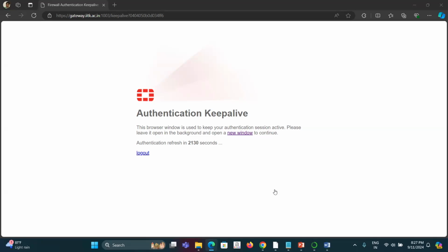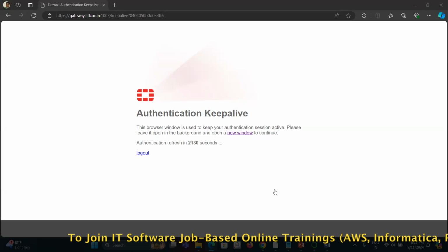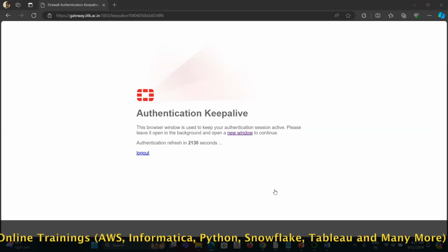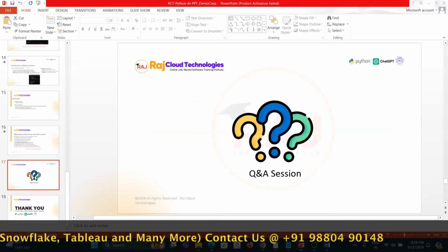I executed all the code and showed how the code has to be executed, what you need to write, and what you need to consider. I have completely given it along with the code, that notebook that I have just now. Even today's session, we will be sharing this notebook with you.